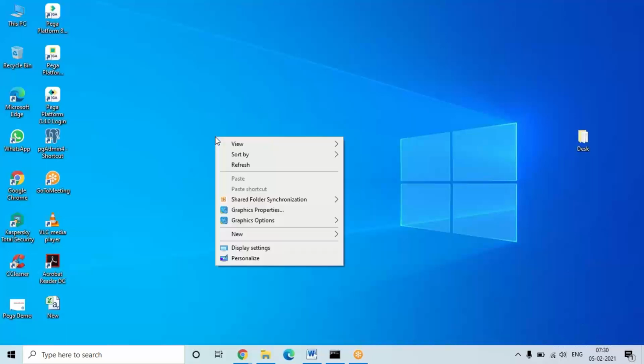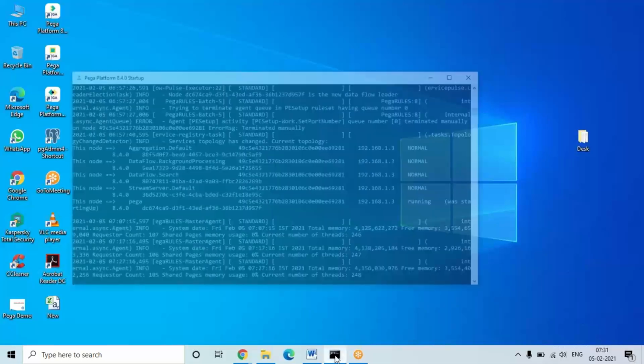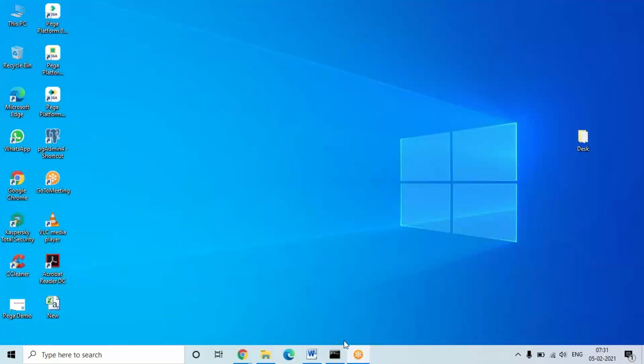Apart from that, once this installation is completed, we need to do some configuration called localhost configuration, or we can say pgadmin 4 configuration. We have to do that after installation, and if you are doing that, your platform must be running. Your startup platform must be running in the background. Whenever you are using any Pega option, even if you want to open the application, it will be running in the background. So just minimize that and it will be running in the backend.